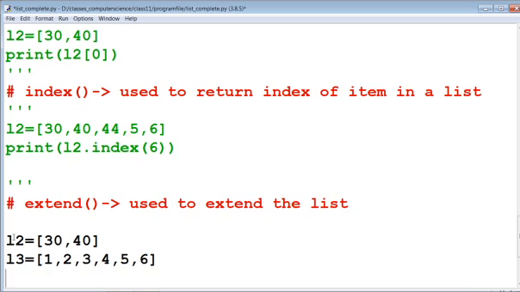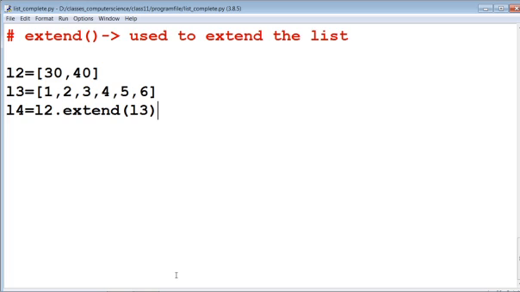Now if we want to extend this list, suppose that L4 equal to L2 dot extend L3. That means we can print L4.